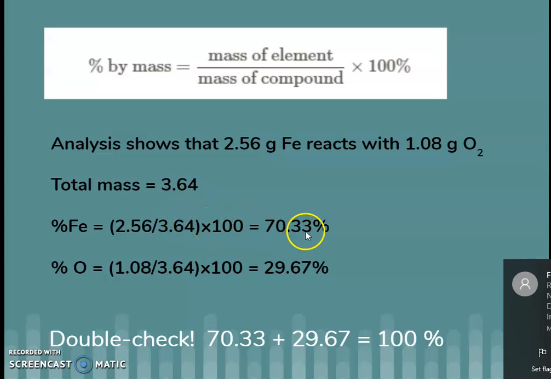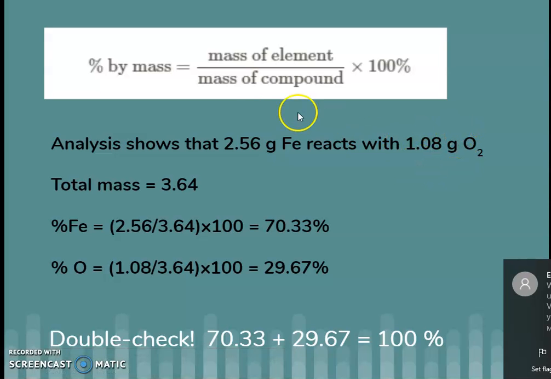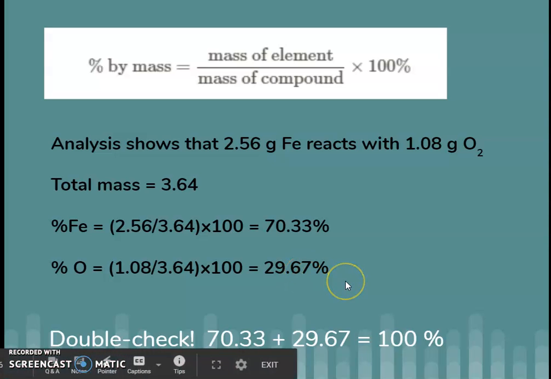and you should get 70.33%. All right, if we're looking at percent of oxygen, now we're going to go up and pick up, this is the grams of oxygen, divided by the mass of the compound, which is 3.64, times 100, and you get 29.67. All right, and one thing I want you to always do here with these problems is double